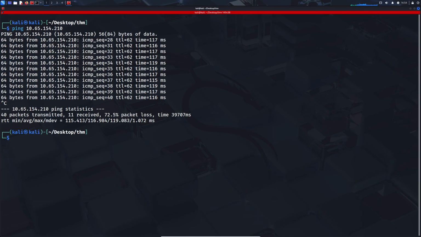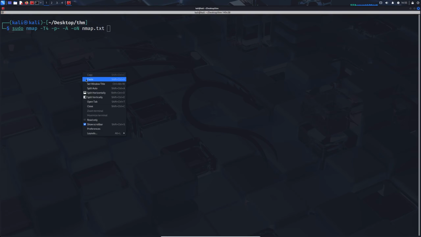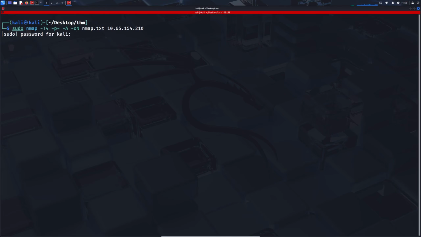So let's turn off the ping, let's clear, and let's start an Nmap scan. We'll do T4, all ports, extensive scan. Let's do -oN to output the Nmap results to a file. Let's name it nmap.txt and let's paste the IP. And let's start it. The goal of this scan is to find all running ports on the target machine, and